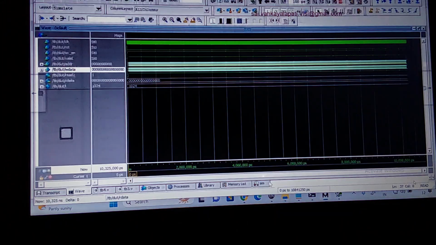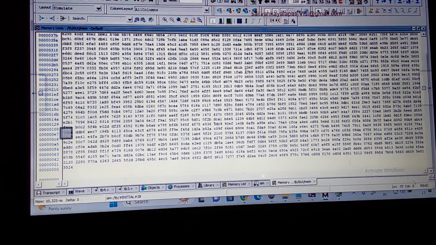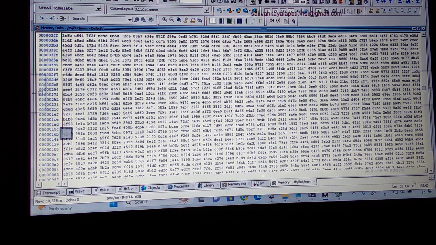If I go and check this memory list, this is a memory list. Correct. What is the depth I have given? 1024. I'm using dollar symbol random. For all the locations of 1024, a random value will be assigned with a width of how much? 16. Did you understand this? In the earlier case I was getting all zeros, right? Why am I getting zeros? Because of the backdoor access I'm doing. In my backdoor access, the write.exe file contains only 16 lines, and for the remaining I have not written anything, so by default it is taking 0, 0, 0.